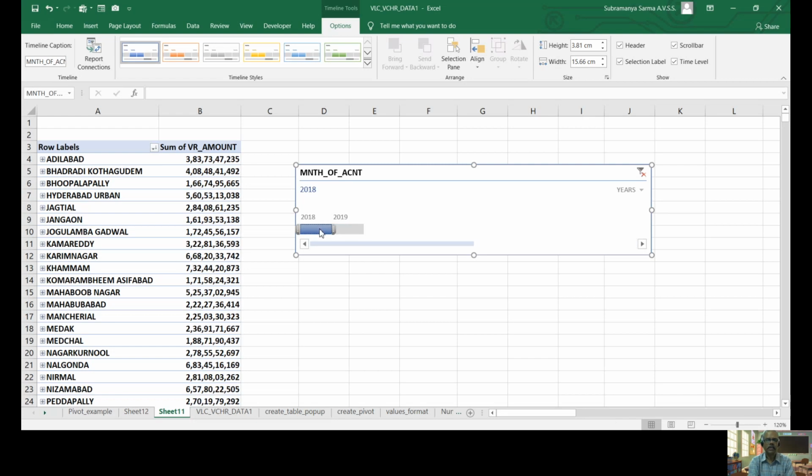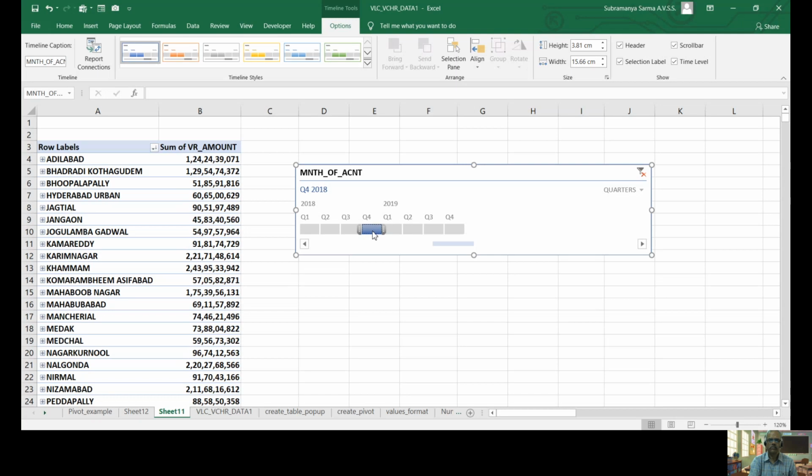If you click on 2018, the pivot will respond and compute all the voucher data for the year 2018, that is from April 18 to December 18. If you click on 2019, this is for 3 months. Similarly, if you want to compute the totals quarterly, it will give you options quarter 1, quarter 2, quarter 3, like that.